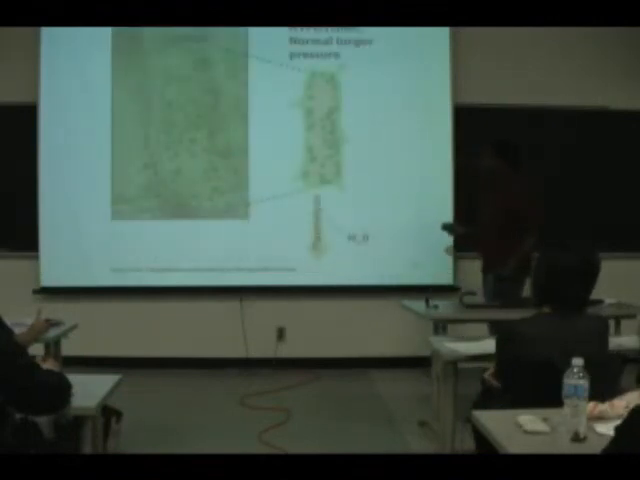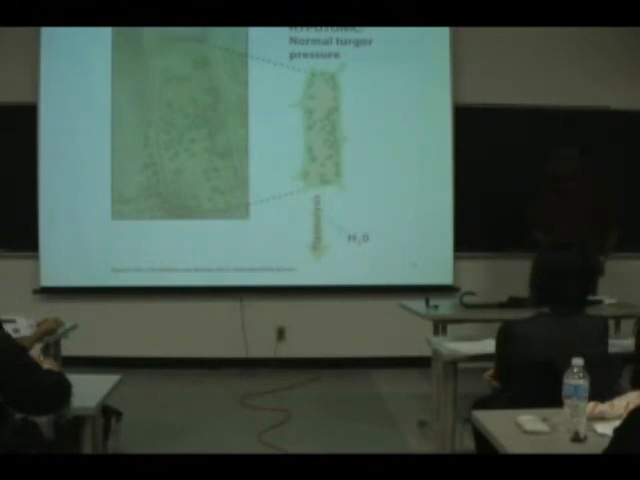Here's another example. We're just using a plant cell. What's one of the differences between a plant cell and an animal cell? So there's maybe two things in a plant